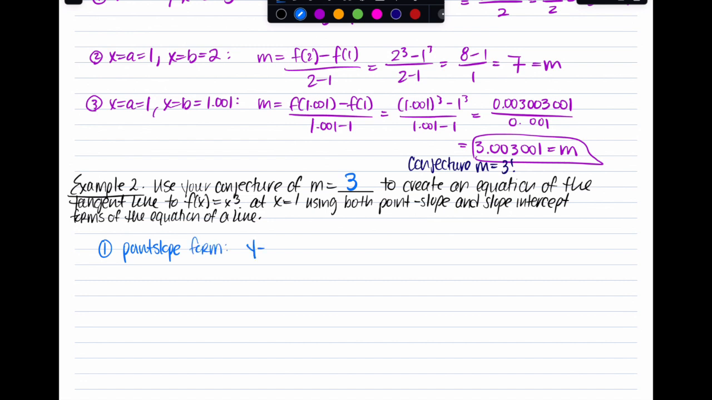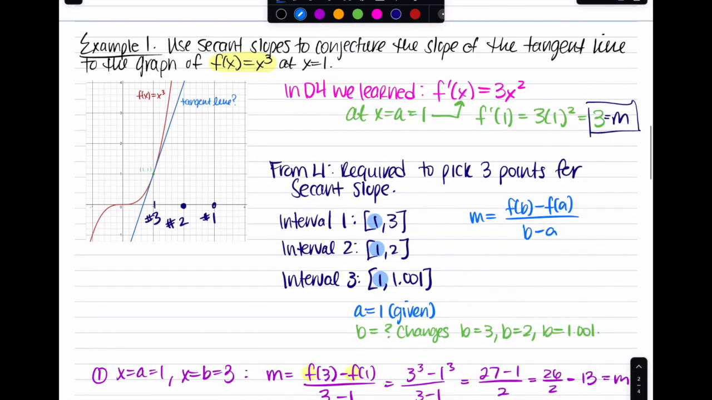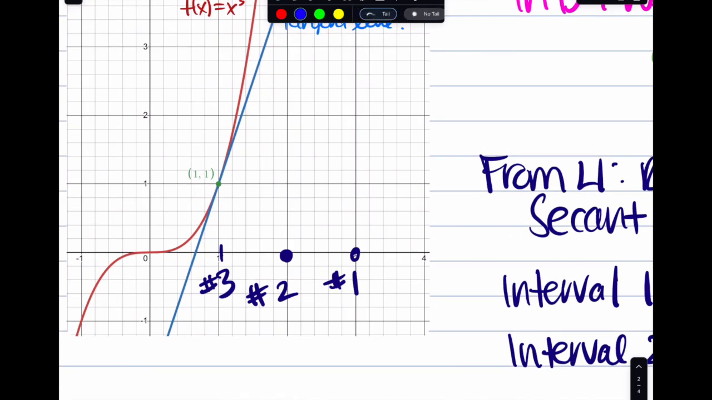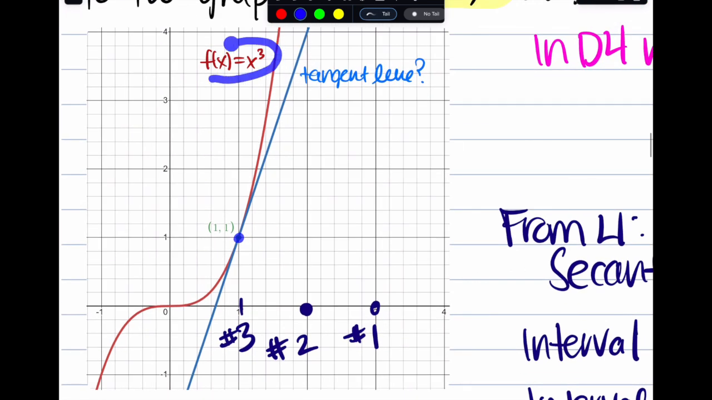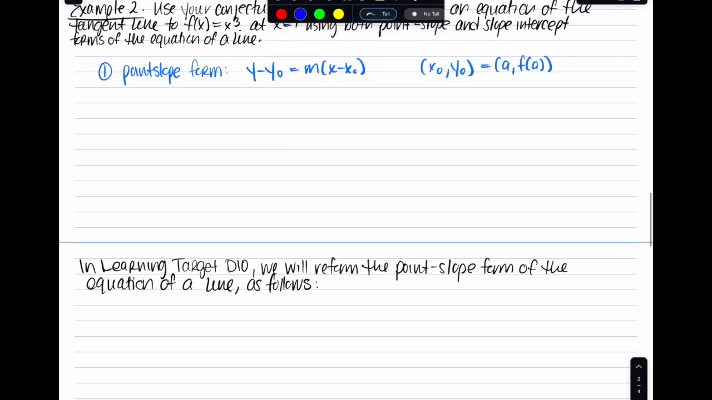we just need to know what y naught and x naught are. X naught and y naught you should always use as a, f of a, because that's the only point. Look at the graph. That's the only point that you know is on that line. You want that line specifically to be a tangent line to the graph of x cubed. If you use a point up here, it's not only going to be the wrong slope, but it's going to be the wrong point. So make sure you always use the x value you're given as x naught or a,